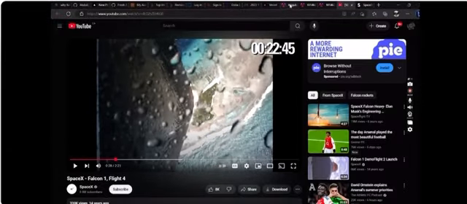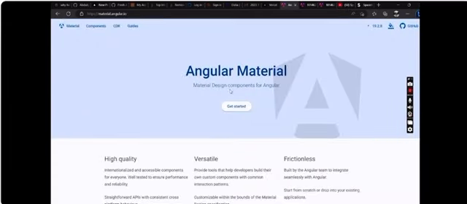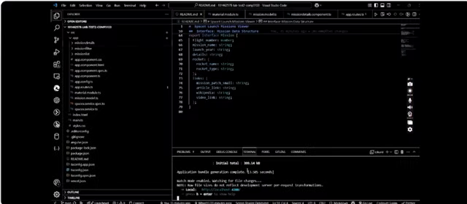Yeah, so that was that as well. Then I have the Angular Material as well, which we loaded. That's just for us to get everything running and set. So that was everything that was done